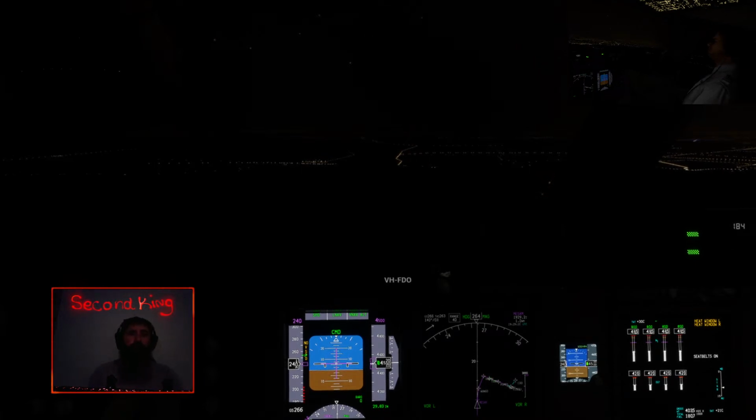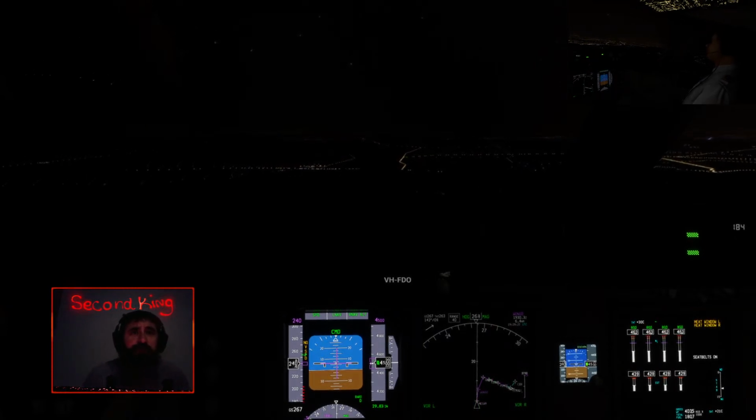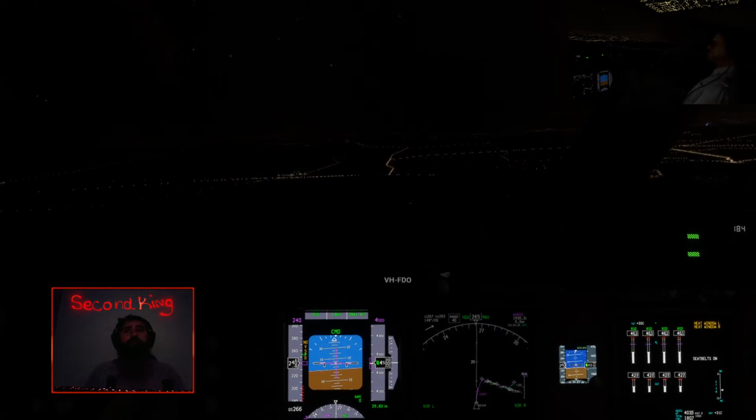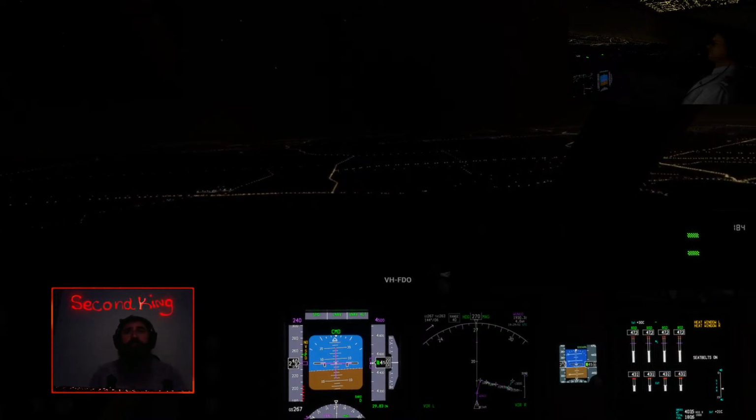So we've still got a few minutes to go. Our next waypoint's in 6.4 nautical miles. We'll start being able to see where we're going to end up. So the approach into Perth International flies just north of Jandakot, just northeast of Jandakot I should say, and you'll be able to see that as we start to turn to the right directly in front of us.